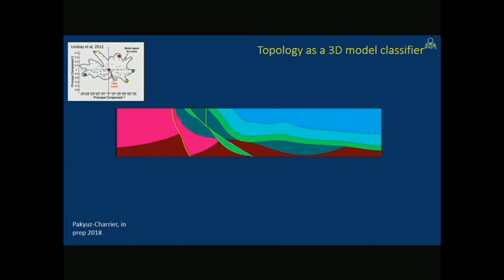And I'm not going to go into a gory description of topology here, but we're looking at, for example, whether this unit here, the green unit, is touching the blue unit across a fault. And we can see in some of the models it does, and in some of the models it doesn't. If you're looking at any sort of transport properties, this sort of connectivity is fundamental in determining and being able to predict what's happening in this system.